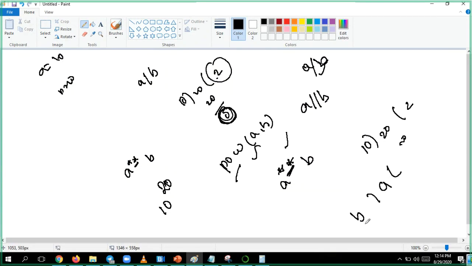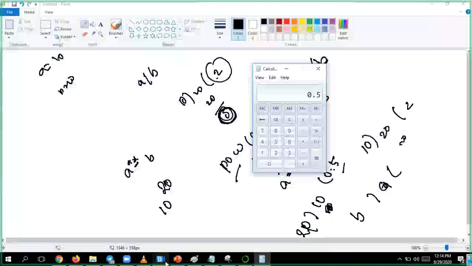Whatever A you are putting as 10, whatever B you have, 20, gives 0.5 as the quotient. So when you do 0.5 of 20, then only you will get 10, half of it only will be there. Correct, right? Yes, I understand.